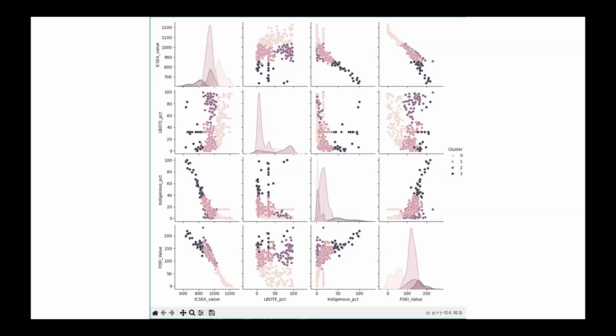When looking at the matrix here, we found out that cluster 0, in light pink, tends to have lower ICSEA values and higher FOEI and Indigenous percentage, indicating more disadvantaged schools with higher Indigenous representation, while cluster 3, in dark purple, has higher ICSEA values, which is more advantaged, and lower FOEI and Indigenous percentage. My friend Luis now is going to demonstrate our